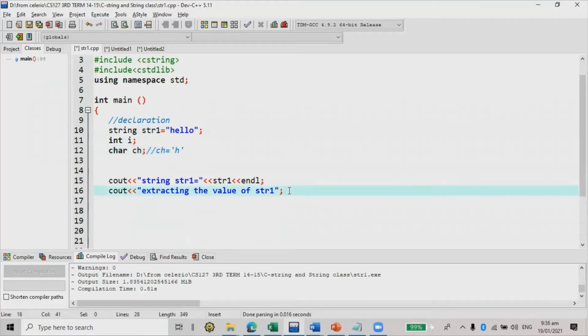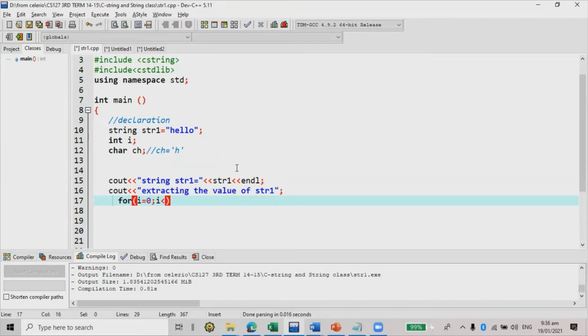Then I'm going to use next line. Next line means I'm going to display now E, and then L, and then O. So how are we going to do that? I need to use a for loop, and I'm going to start with for i equals 0, i is less than